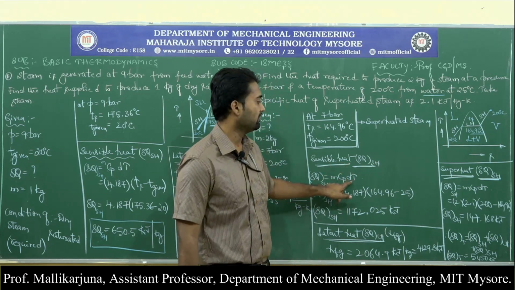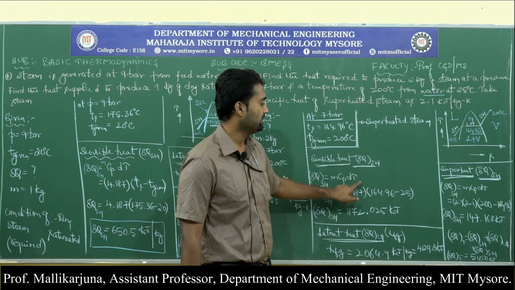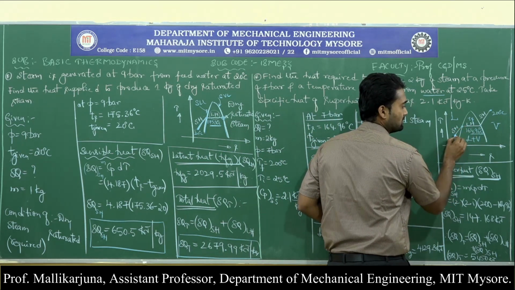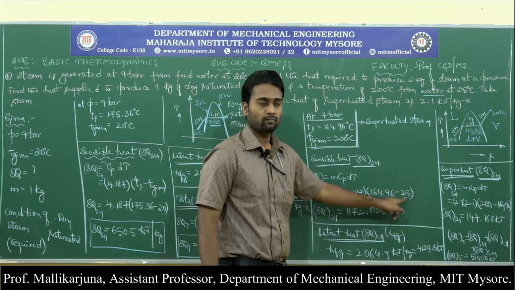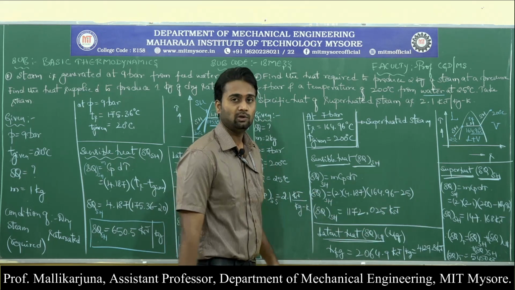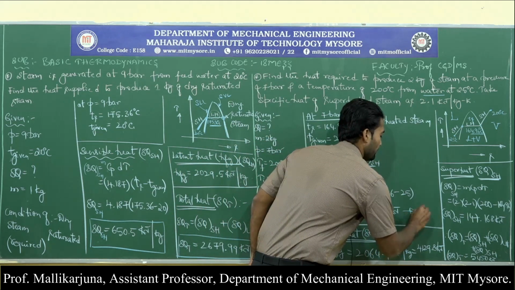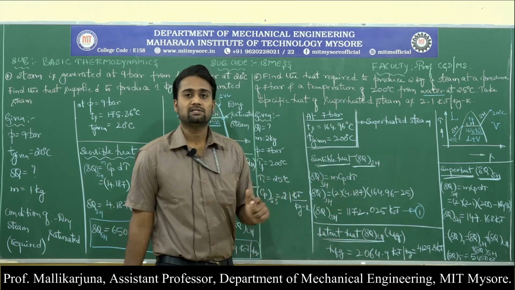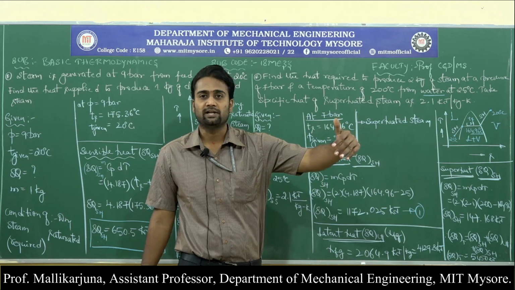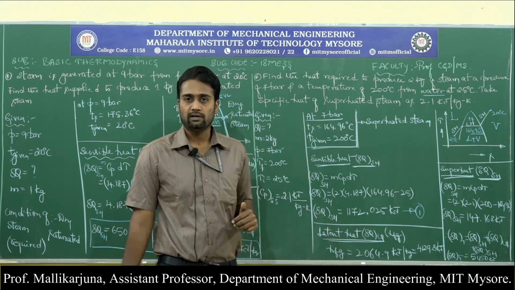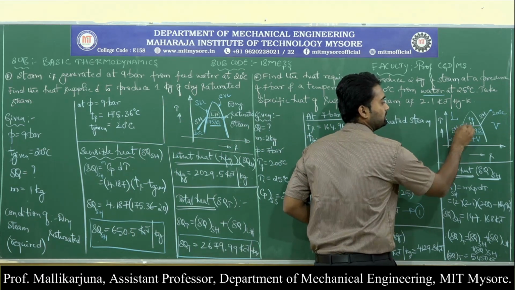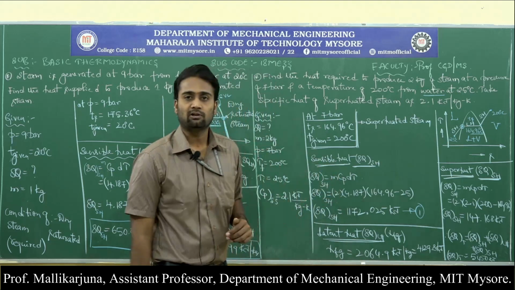For delta T, you need to be very careful. You are in the sensible heat region, so the difference in temperature is nothing but 164.96 minus 25 degrees centigrade. So upon operating this, we have got 1172.025 kilojoules. This is the amount of heat which is responsible to take the water at 25 degrees centigrade into its saturated state, which is nothing but 164.96 degrees centigrade. This is that sensible heat. Now we are here. Very first heat has been calculated.